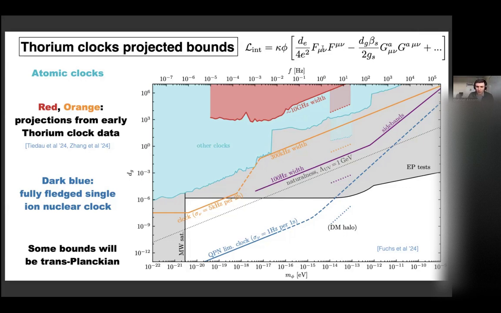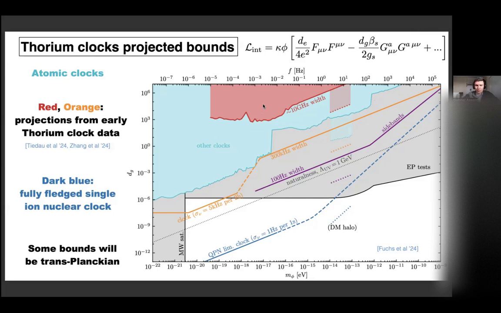And here is a big plot with a lot of lines, so I will go through these lines one by one, but effectively this is a plot showing dg on the y-axis, so the gluonic dilaton coupling. The x-axis is the mass of the scalar dark matter candidate in electron volts, and the frequency is on the top, which is some unit manipulation and some factors of 2 pi essentially computed from the mass. Very good. So all this cyan zone are atomic and optical clocks, which are actually currently implemented.